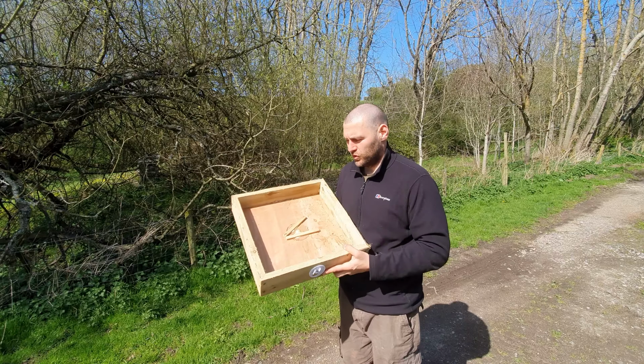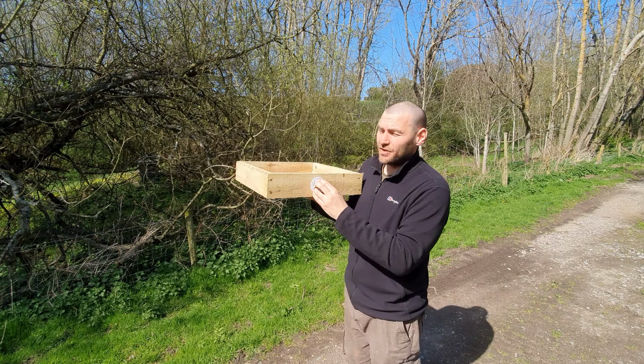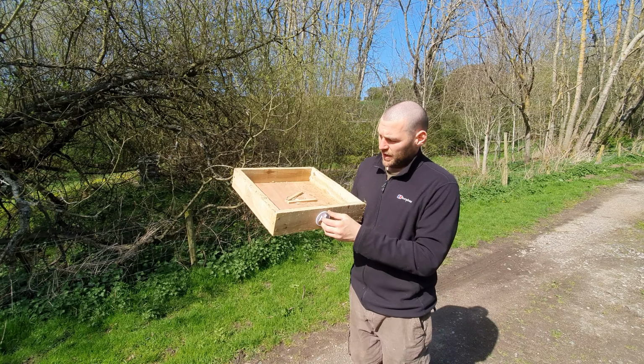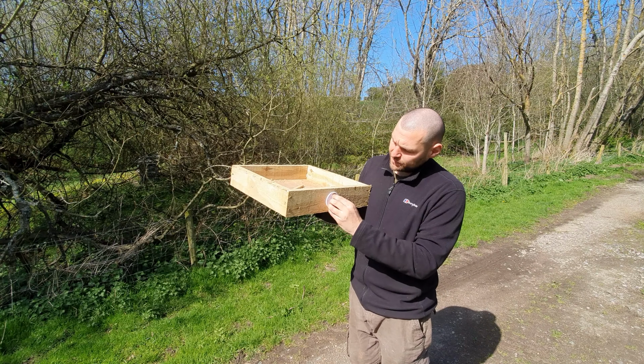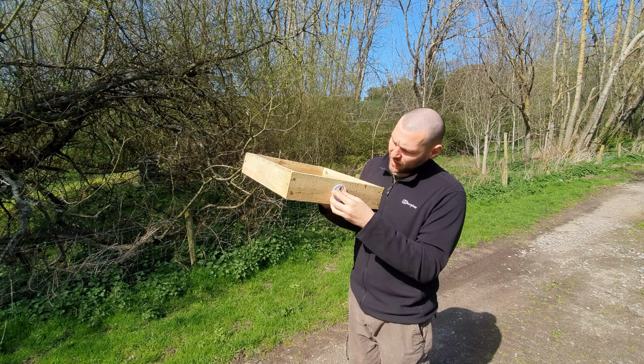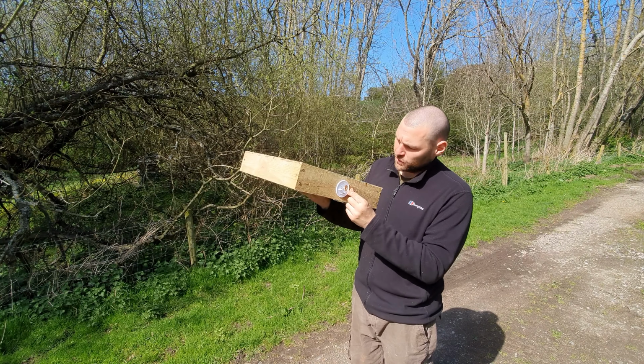So what else does this board do? So I've adapted it, and you don't get this on the other crown boards, on the other multi-purpose boards. I've adapted it to have some entrances. So I've got a standard entrance there, and then I've got a couple of smaller entrances as well,